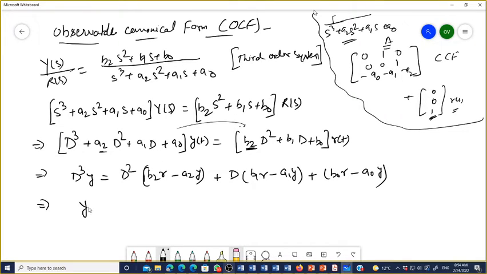Now y becomes, taking d cube to this side,